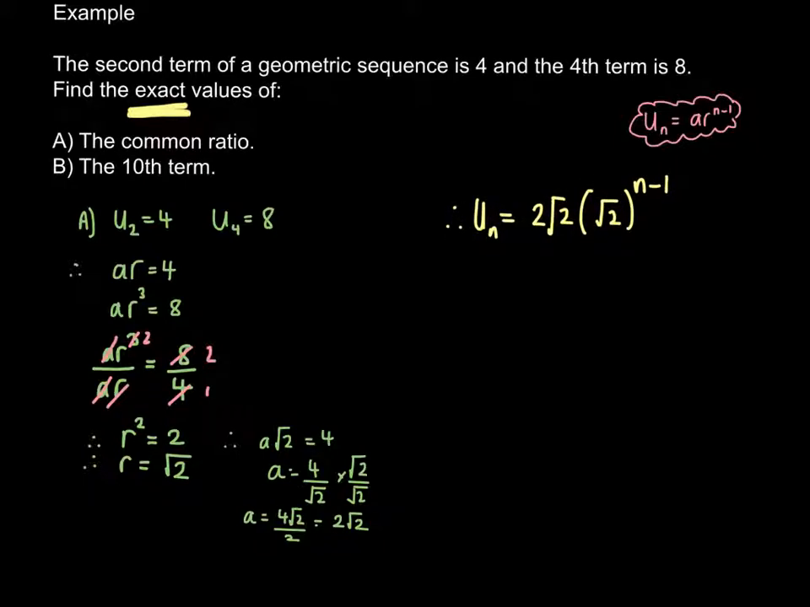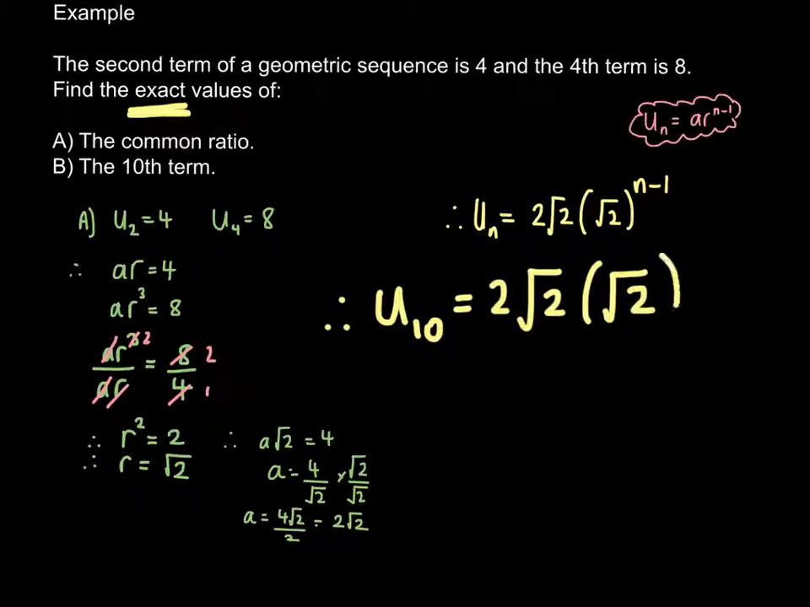So it's quite complicated. Okay, so therefore U10, the 10th term, is going to be 2 root 2 times root 2 to the power 9. We stick that into a calculator, we get the 10th term, which is 64,